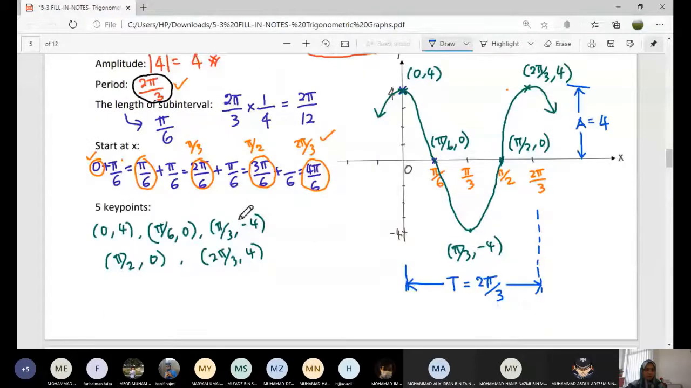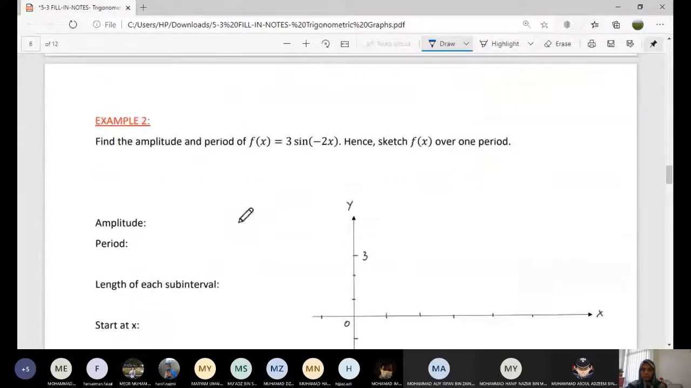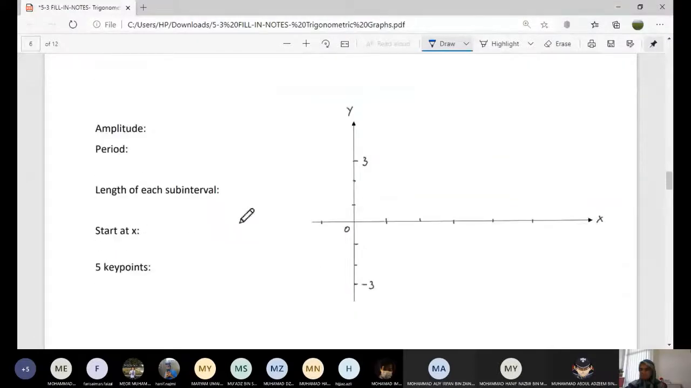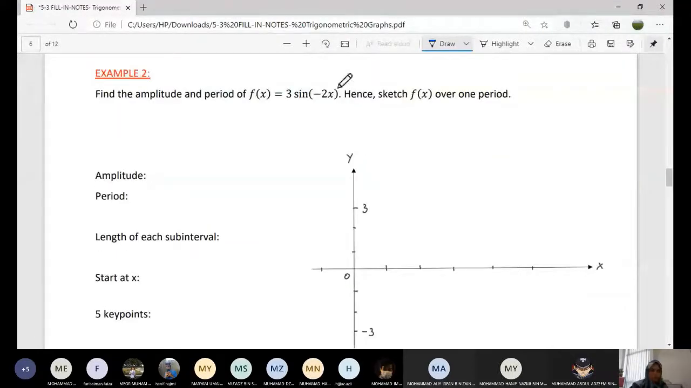Next, you can complete example number 2. Y equals